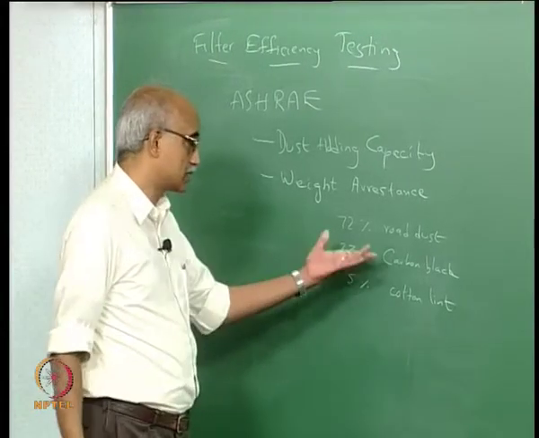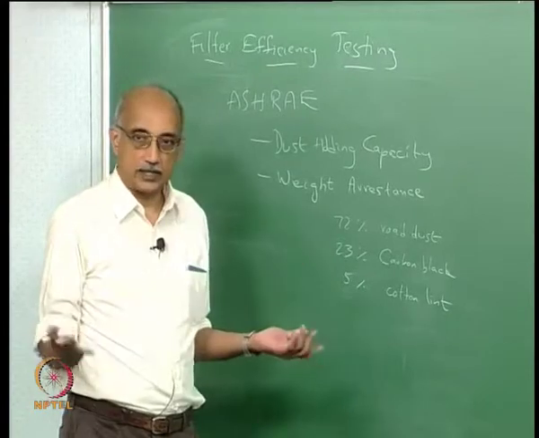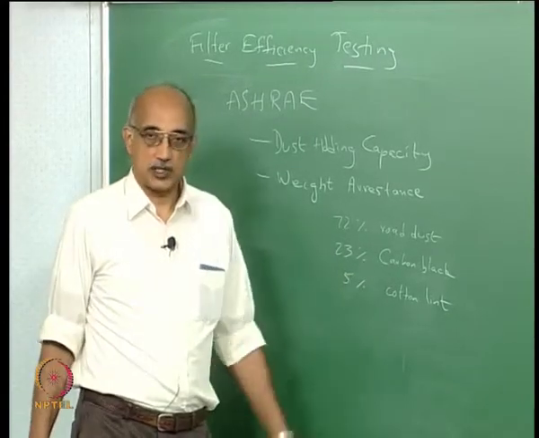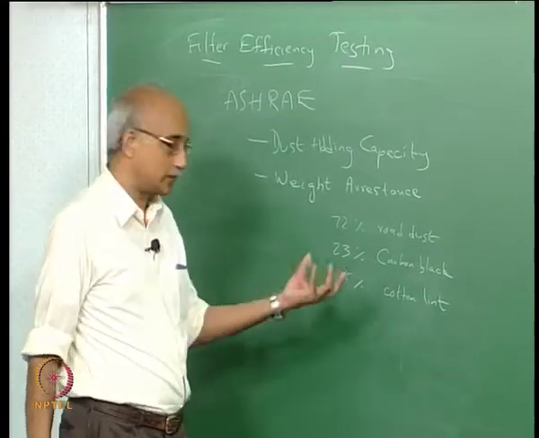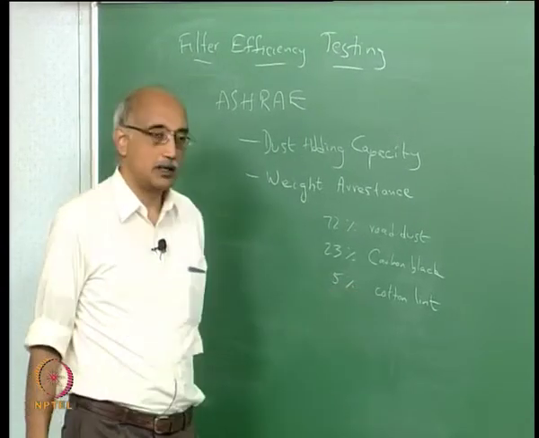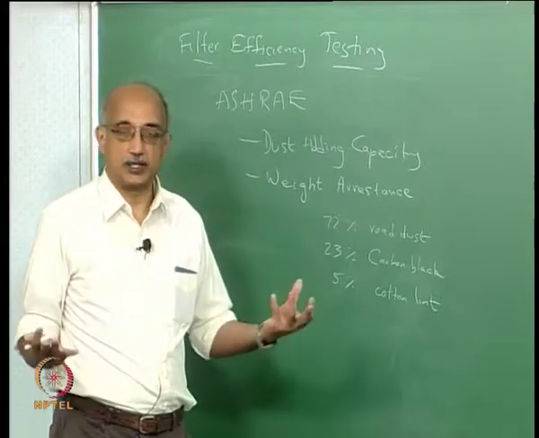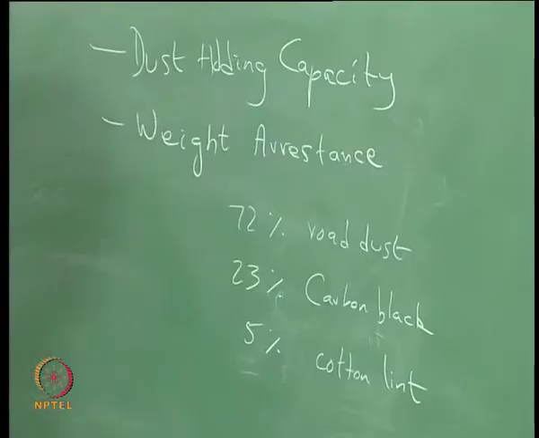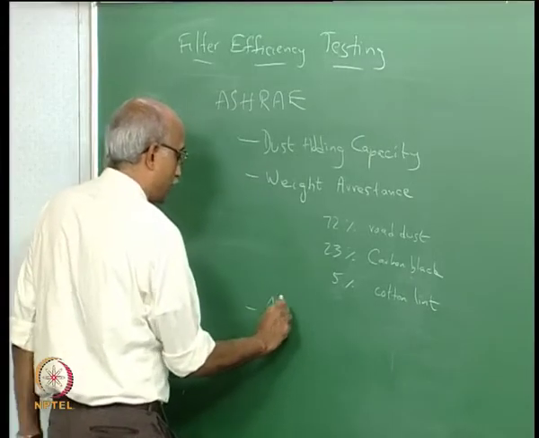It's mostly dust to represent the inorganic fraction. The carbon black represents the organic fraction of the environmental contamination, and cotton lint stands for all the fibrous materials that are emitted by garments and fabrics and so on. There is also a test called the atmospheric